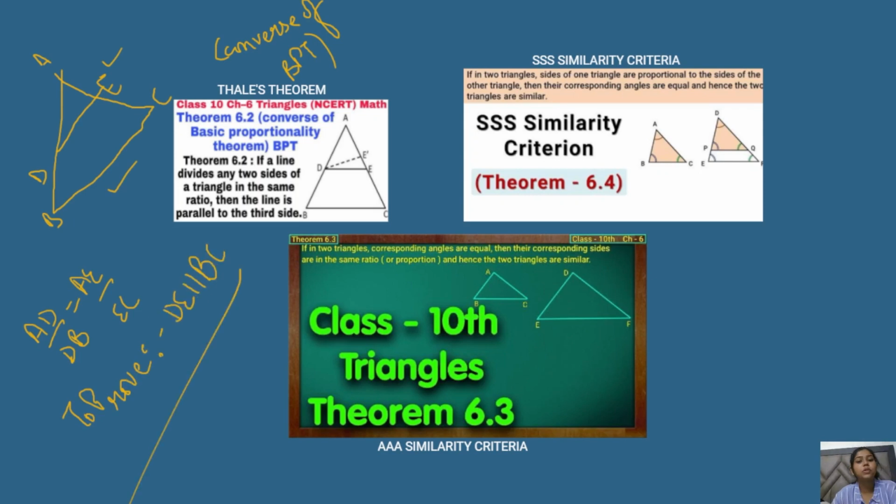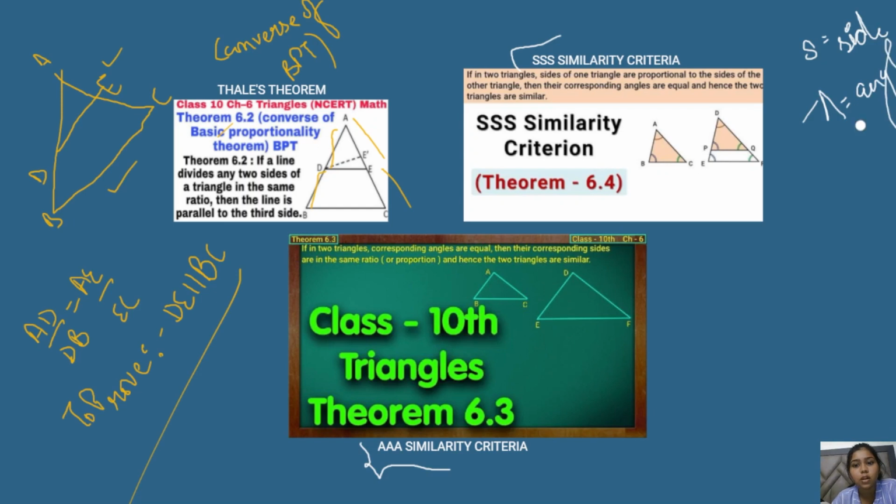In this theorem, it is already given that the ratios of the two sides are equal, but you have to prove that the line drawn is parallel to the third side of the triangle, right? Now move ahead with theorem number 3. Theorem number 3 is simply called the AAA criteria. In the congruency criteria, we have learnt about AAA. We have learnt what A and S mean. To remind you, S means side and A means angle, right?